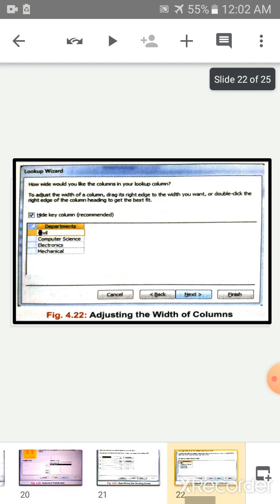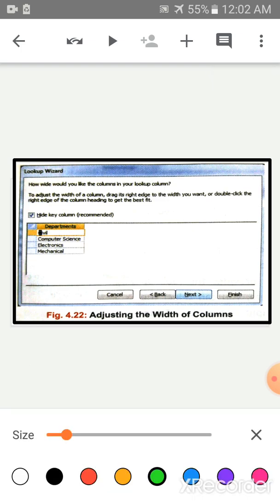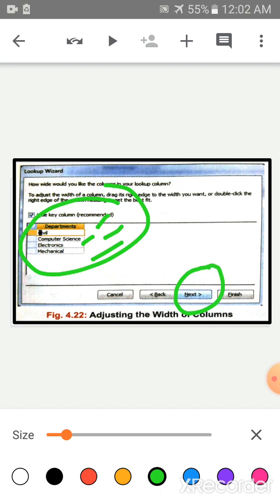Okay children, the next screen is width of the lookup column to be specified. This is civil, computer science, electronic, mechanical. These are the departments. The width of any column can be adjusted by dragging it from the edge of the field. Double click the edge of the field will also adjust the column. And lastly, click on next button.